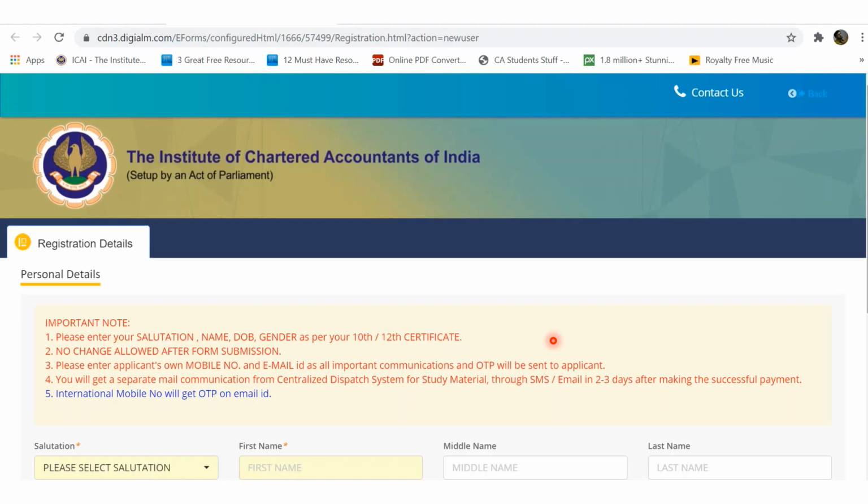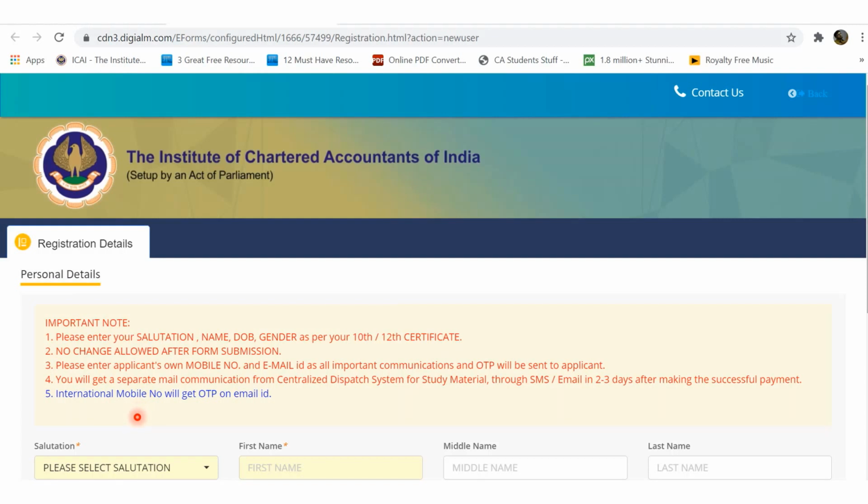Now remember, when you go to the registration details by clicking on any of the two different links, ultimately you are going to come to this particular form. This form is about registration details. This registration is as an applicant. You are filling this form not as a student, but as a person who wants to be a student. The institute has told you what the different instructions are to be followed properly.